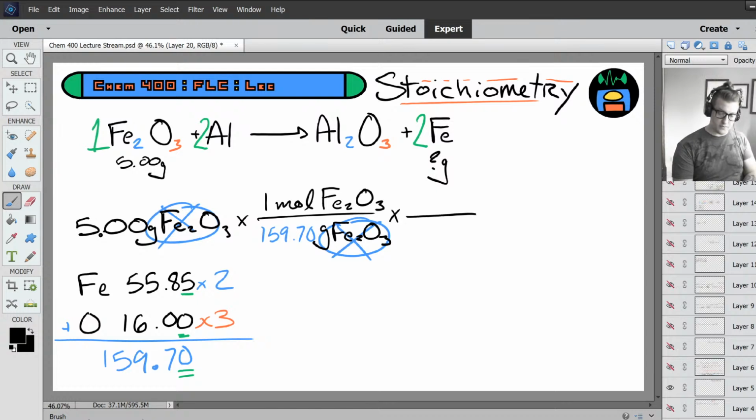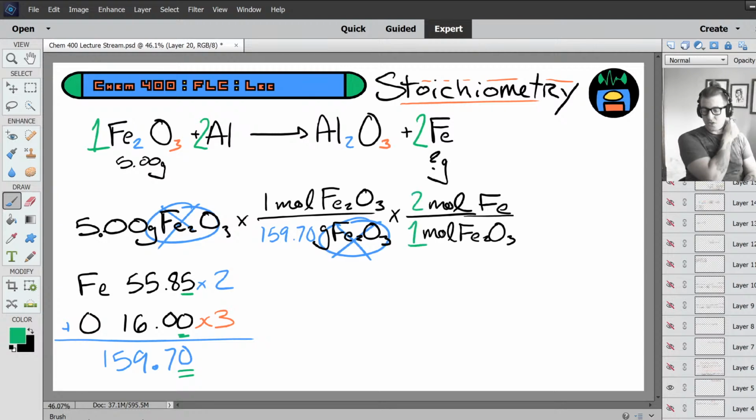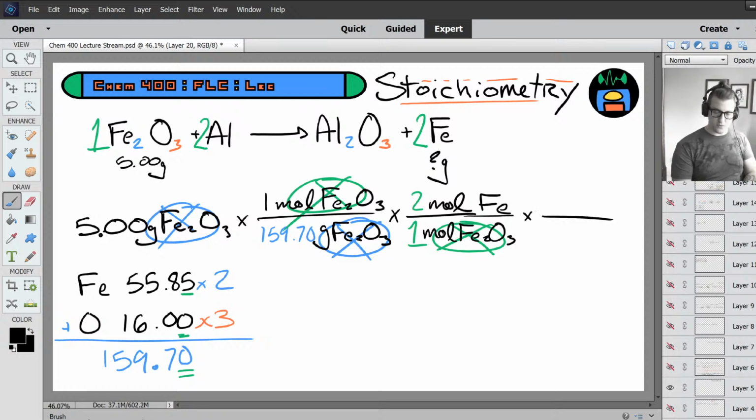In our next unit conversion, we have to convert from moles of iron(III) oxide to moles of iron atoms. We get this ratio straight out of the balanced chemical equation. 1 mole of iron(III) oxide produces 2 iron atoms. Now moles of iron(III) oxide cancel. Finally, we can convert from moles